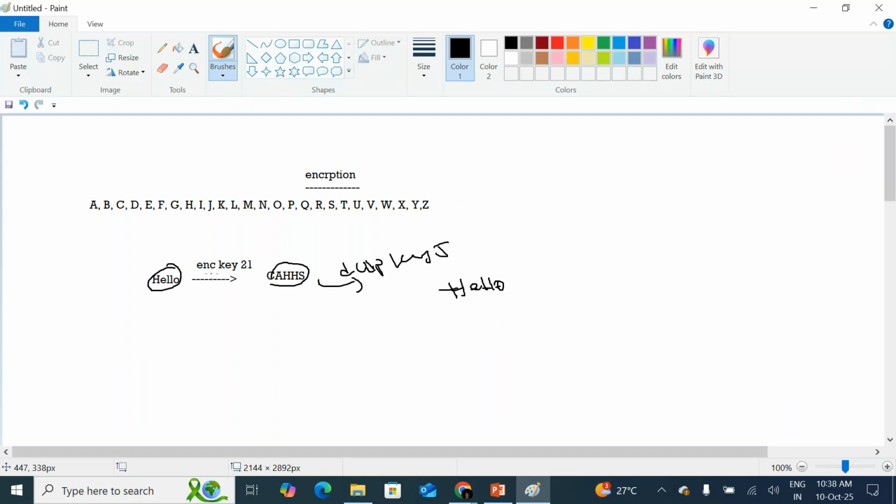For example, encryption key 21, decryption key 5. An attacker will come and attack this key, and he does an encryption with a key of 51 and a decryption key of, say, 31. We don't know, right? Our key is different and this key is different, and he used a different algorithm and kidnapped our data. If I want to utilize that key, you need the exact algorithm, but you don't know the algorithm.